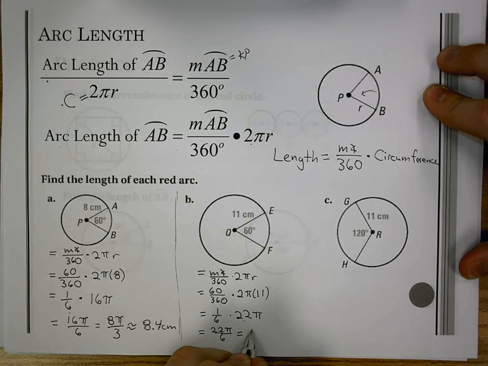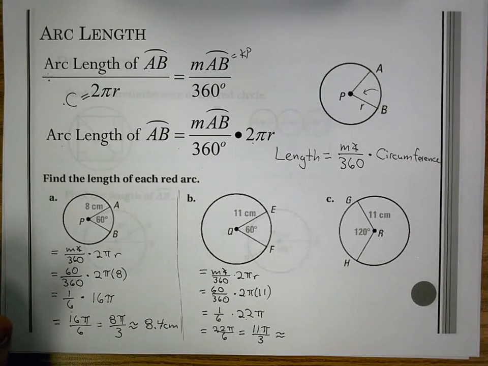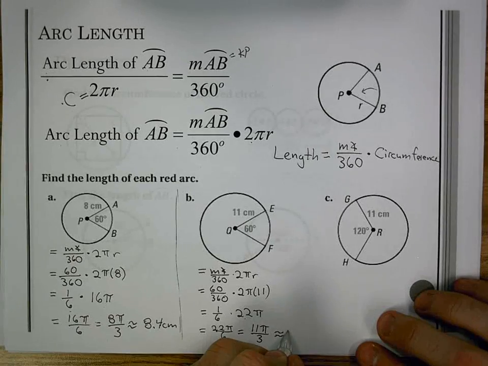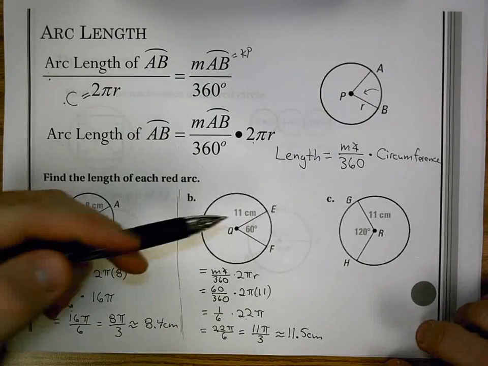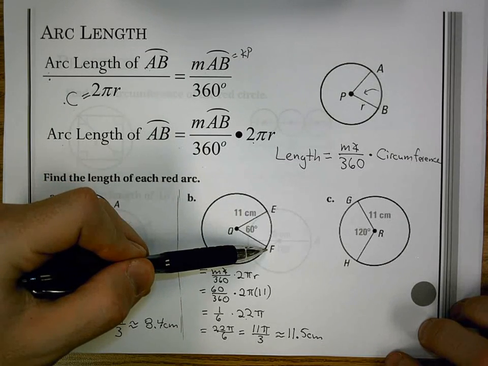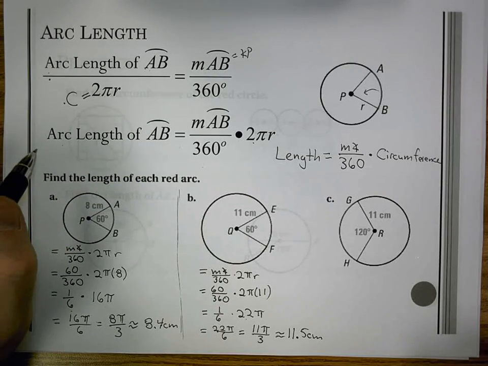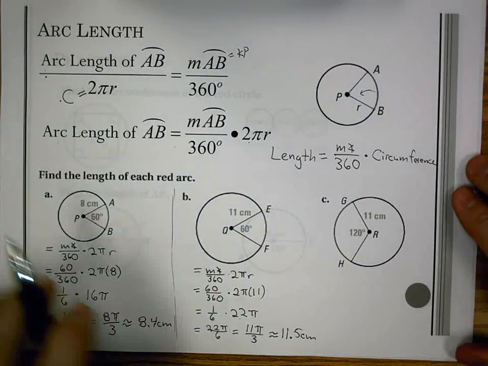I simplify that and get 11 pi over 3. That works for being in terms of pi. 11 times pi divided by 3 is approximately 11.5 centimeters. That tells us the distance from E to F is 11.5 centimeters in this case. Now, if we go to our next one,